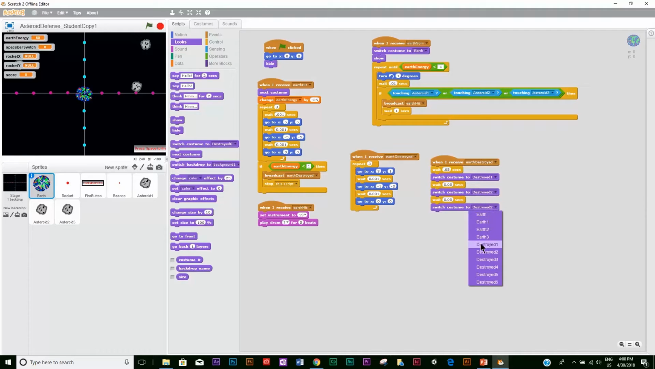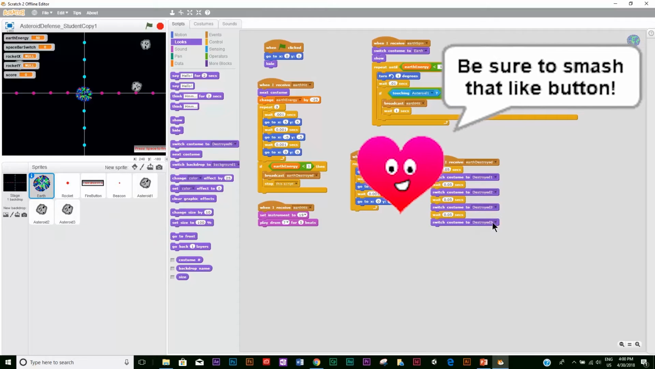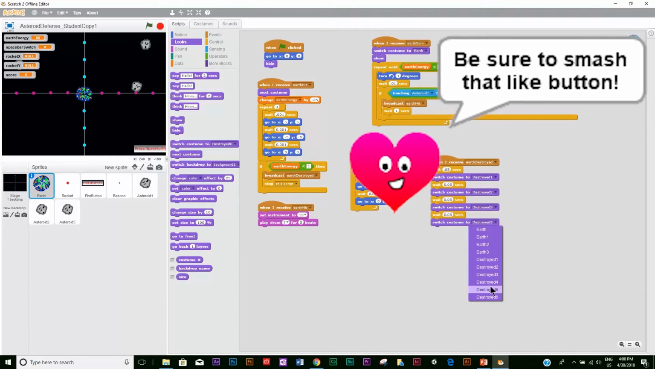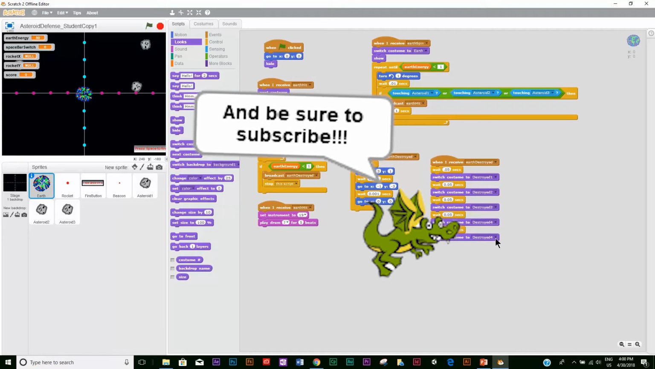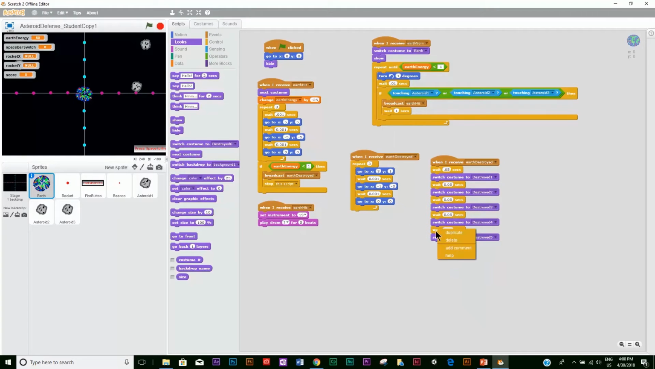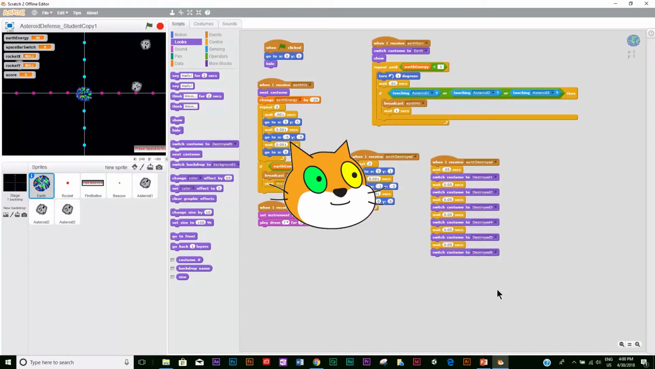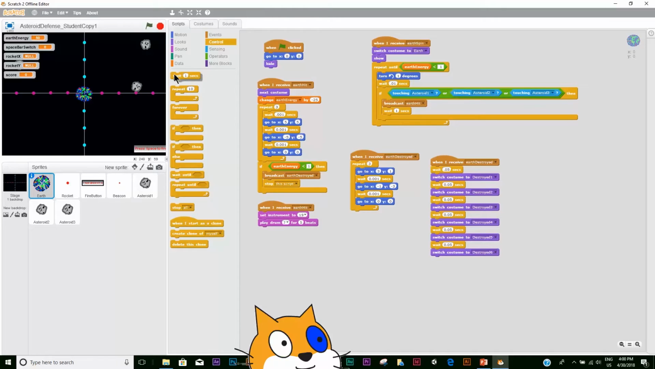Duplicate. Put destroyed 3. Duplicate. Destroyed 4. Duplicate. And we got 5. And last but not least, we have number 6. And we're going to tell the program to wait